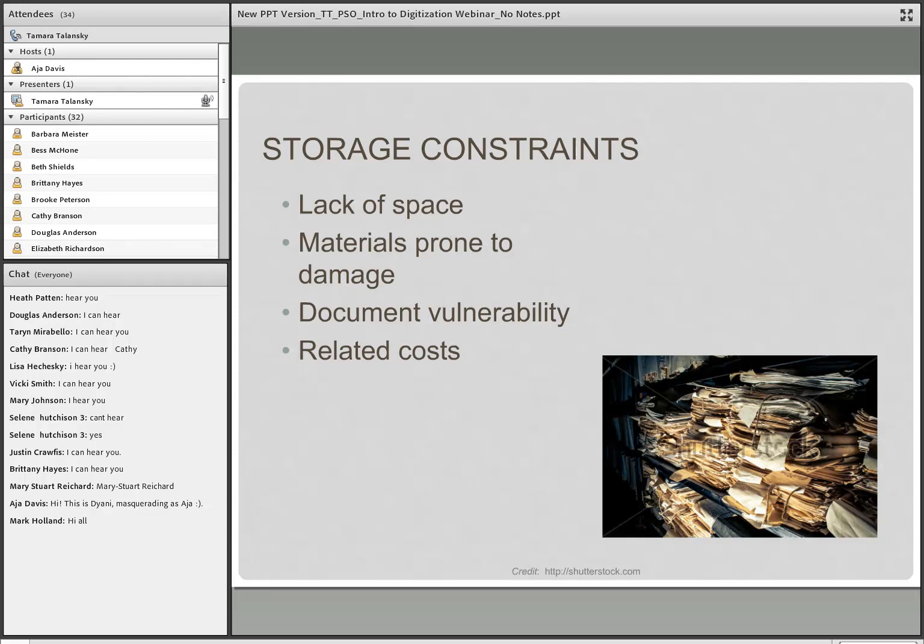Materials may be prone to damage. Over time, paper quality deteriorates. Natural disasters can happen. It can happen anywhere: a flood, a storm, an earthquake, God forbid. Document vulnerability. Loss of any critical document of value causes a serious problem. Also, the possibility of a confidential document being accessed by unwanted or unauthorized people who may even tamper with it or steal it.